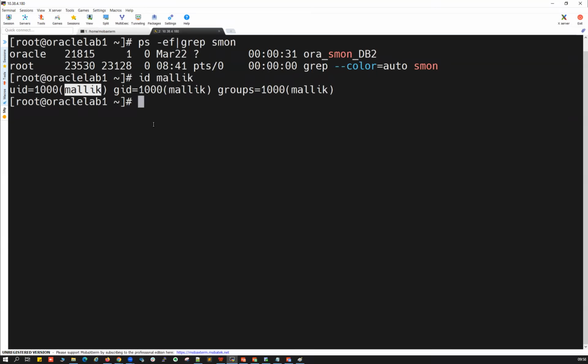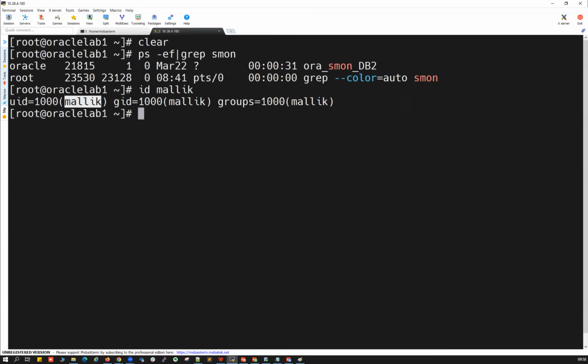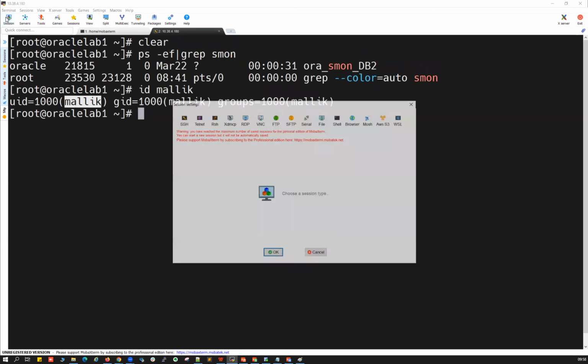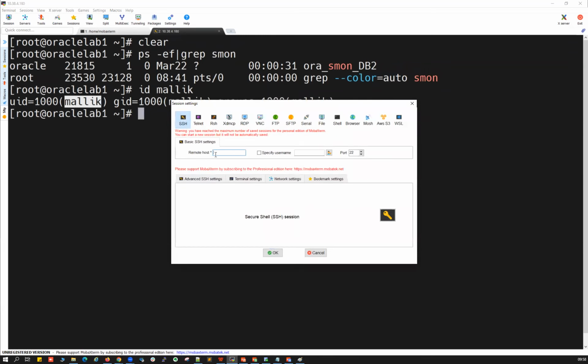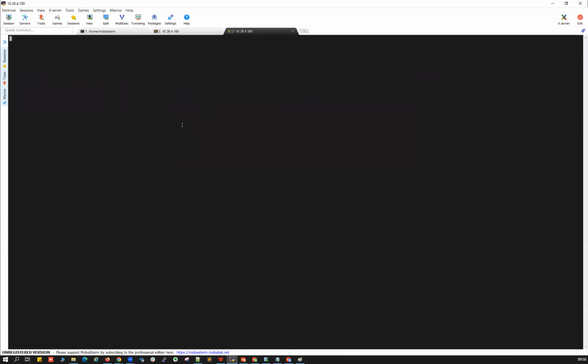So I can connect to this server, taking a new session as the Malik user using the host name or the IP address. Let's go with the IP address. I'm able to connect.